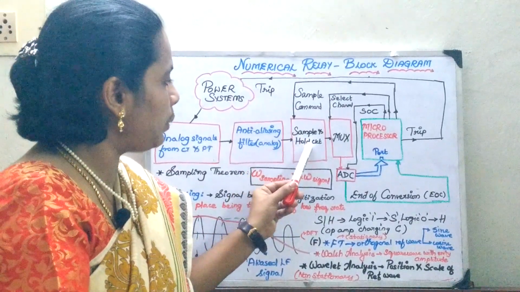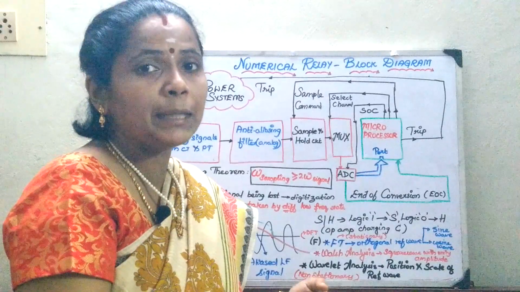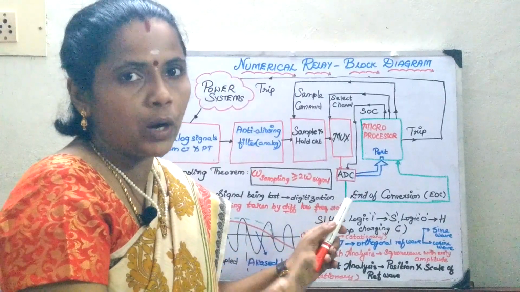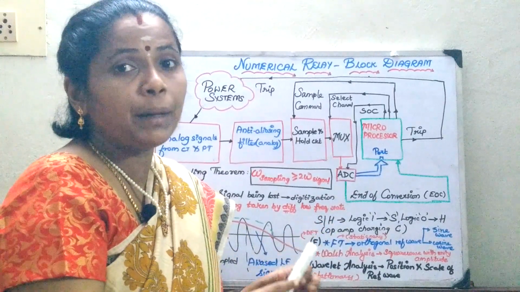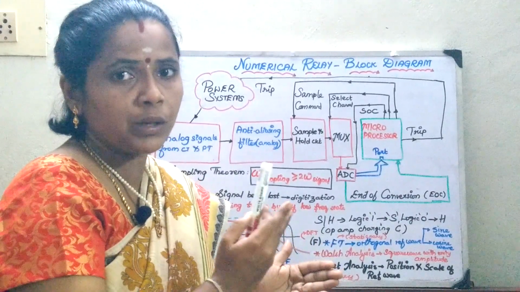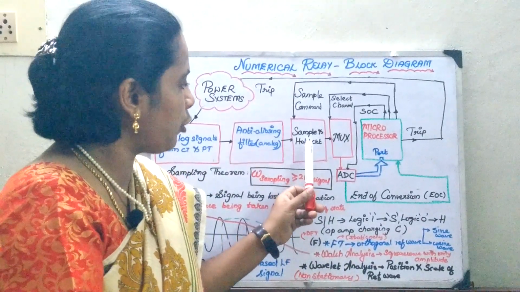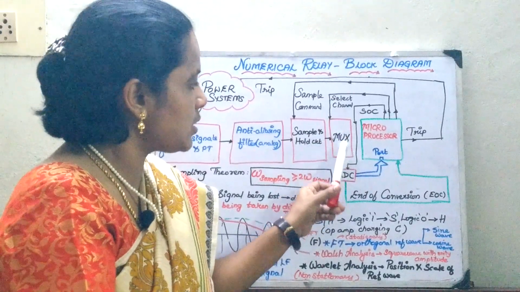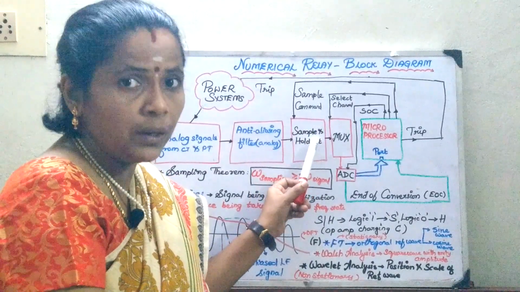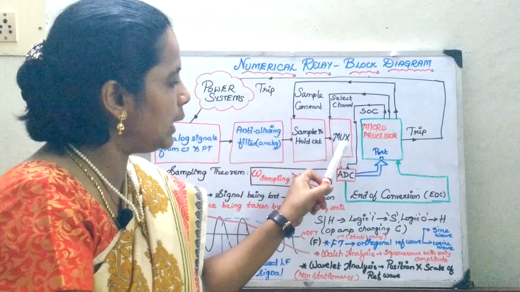Okay. Now, after the signal is sampled in the sample and hold circuit, it moves on to the mux. Mux is nothing but the multiplexer. From the word mux itself, you should remember it is many to one. It is called a data selector. Depending upon the priority, it selects which data has to be transferred over a particular channel. Depending upon the signals received from the sample and hold circuit, the mux sends the data to your microprocessor via the ADC block through the multiplexer.